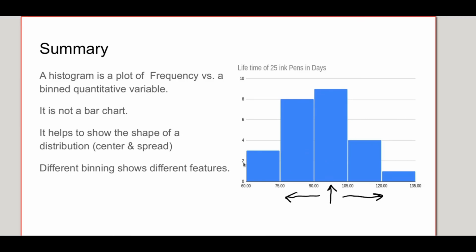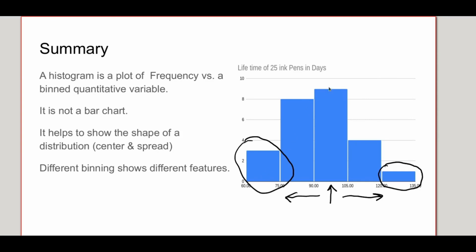So how might a company use a histogram like this? Well, they might investigate the machines that manufactured their pens and say, I noticed that all the machines that produced pens with short lives were machines 3 and 7, and then we might look into whether those need calibration so that they create a longer life of pen. Or maybe we find that we'd like to sell more pens and the pens are lasting too long. So look into why these pens are lasting so much longer than the others. So these are often used in